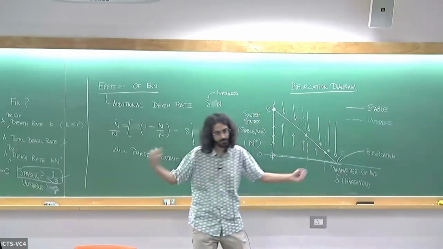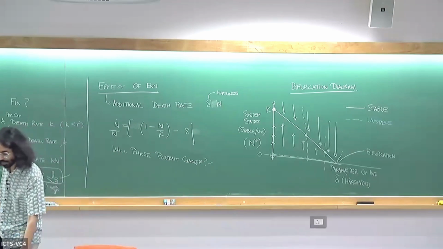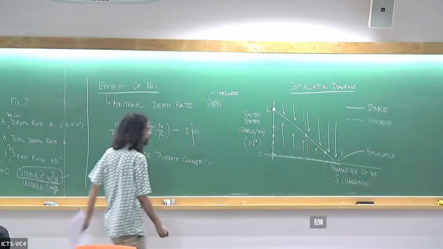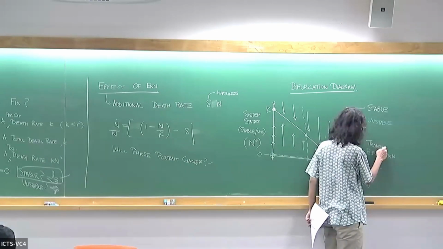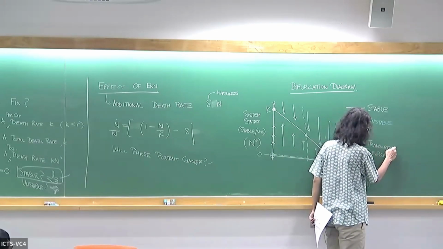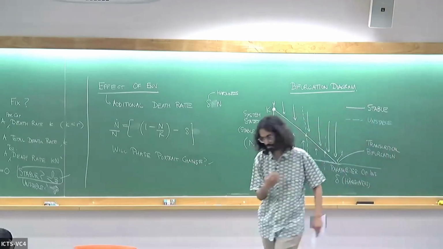And we typically classify what kinds of bifurcations that we get. And so this kind of bifurcation, where fixed points exchange stability, it's called a transcritical bifurcation. And so if you read about bifurcations in Strogatz, you'll see